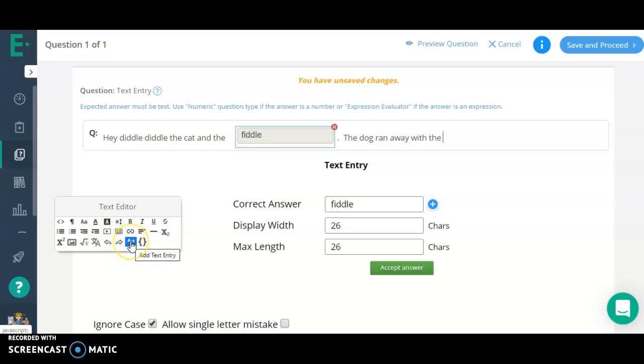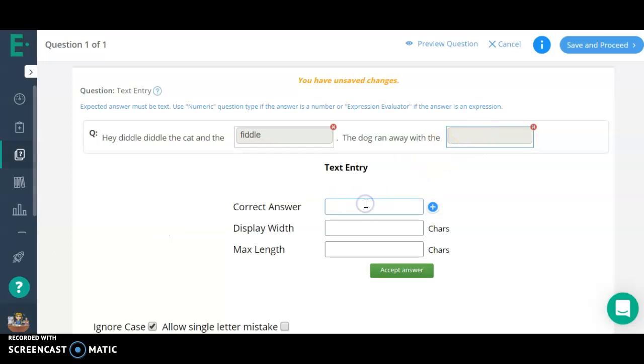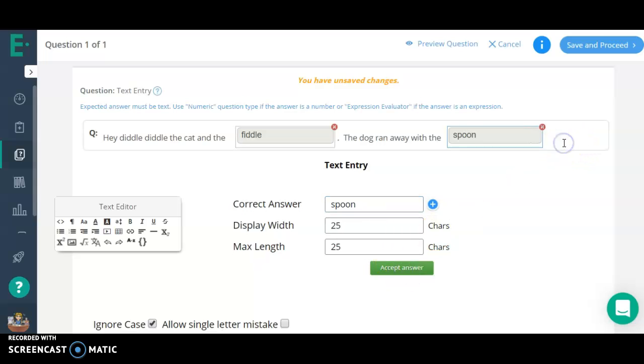To add another text entry box, you click right here on this A to Z Add Text Entry, and that gives you another one. So I select that one. Dog ran away with a spoon. Accept Answer. I could then continue on with my passage if I had more,